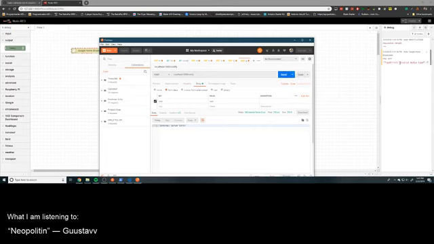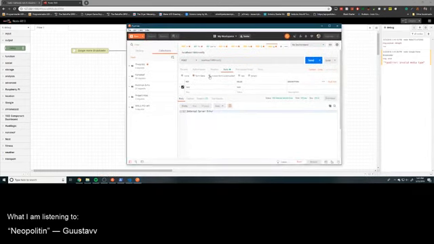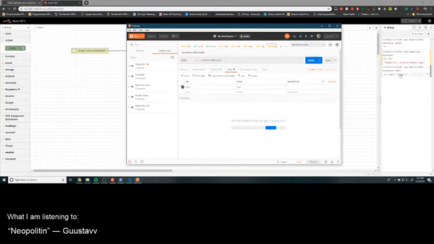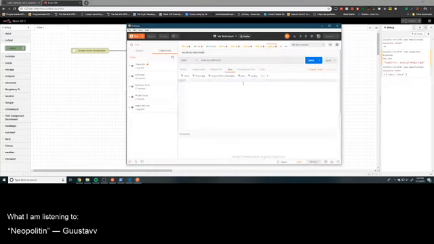Okay, so I got a type error that said invalid media type. Interesting. So I guess it doesn't support form data. Let's see if it supports this. I'm guessing it only supports raw. Oh, there we go. It works with form URL encoded, and it works as JSON. Okay, sweet. Let's see if I give it JSON over a raw connection.